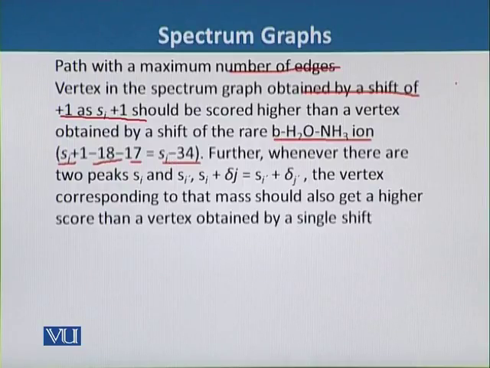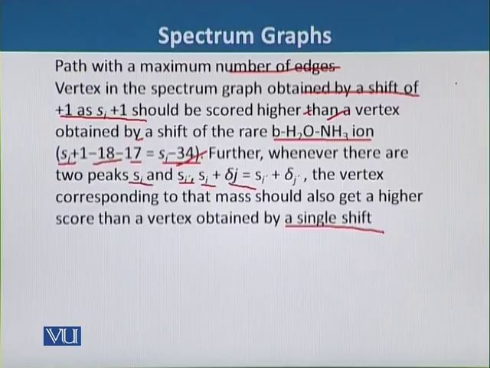That will come out to be minus 34, because we know that 18 is the mass of the water and 17 is the mass of the ammonia, and it comes out to be 34. So further, whenever there are two peaks, Si and Sj, so Sj plus delta J is equal to Si plus delta J. So the vertex corresponding to that mass should also get a higher score than the vertex obtained